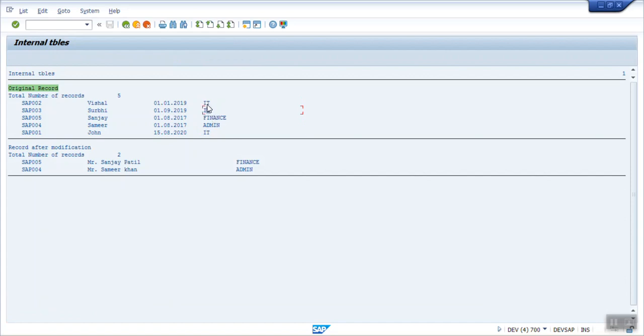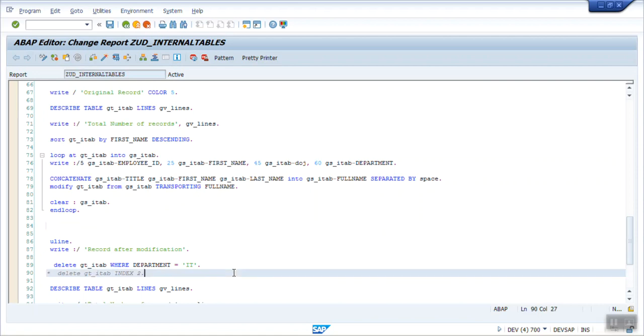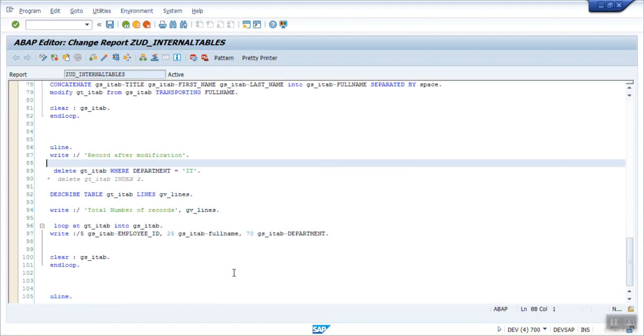So for deleting the duplicate records from an internal table, first we have to sort the records based on the field where you want to apply the duplicate check. Okay, so let's say if I'm deleting the records as they are, now this is my sorted table.